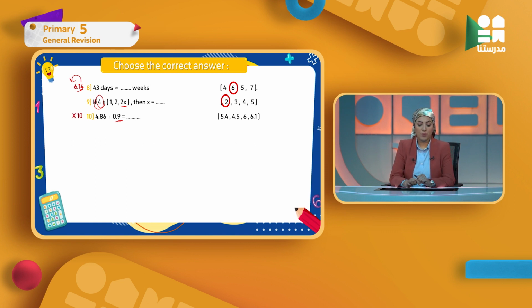So it will be here 48.6 divided by 9. So 48.6 divided by 9, I will use the long division. So the answer will be 5.4. Now, question 11. I have here the circle M with a chord passing through the center of my circle,